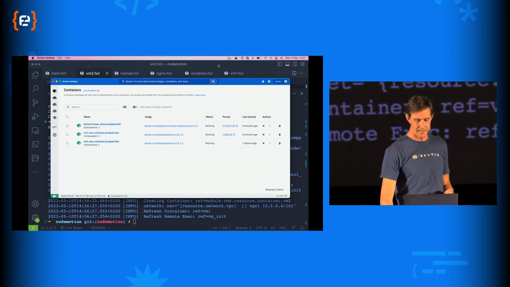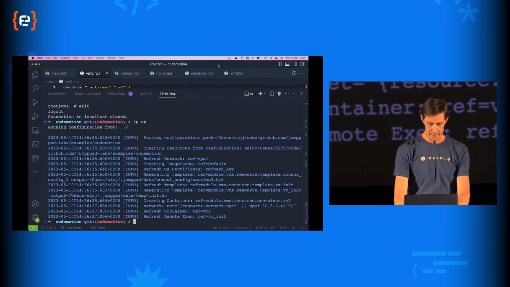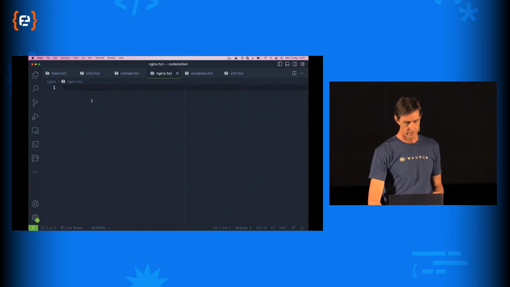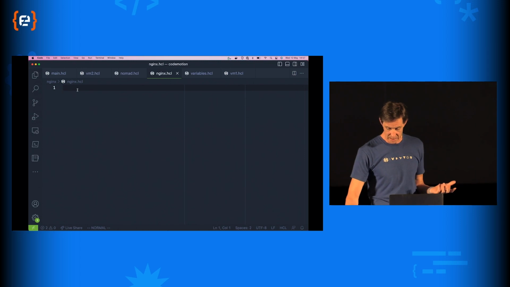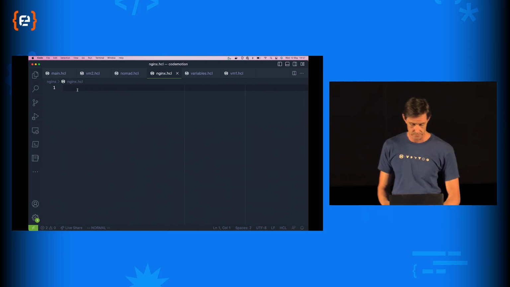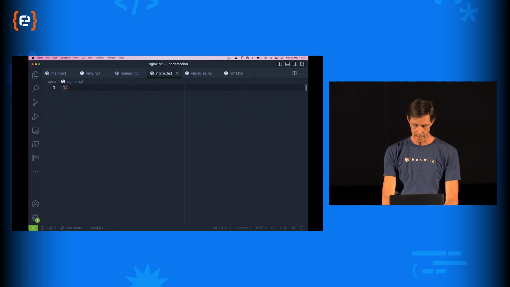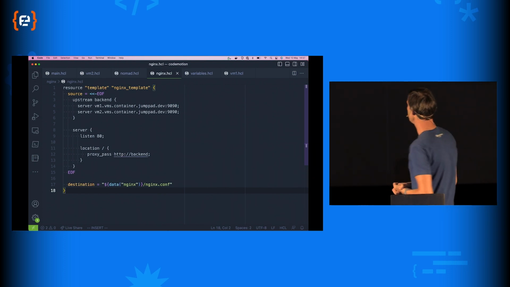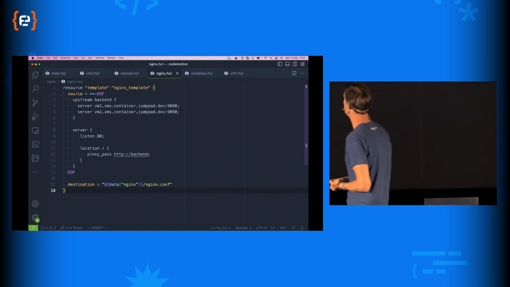So let's look at that scenario, and let's look at how we could create a load balancer using Nginx. And we're going to use exactly the same sort of techniques that we've just looked at. So again, I'm going to create an Nginx template. The Nginx template that I'm going to use is very straightforward.